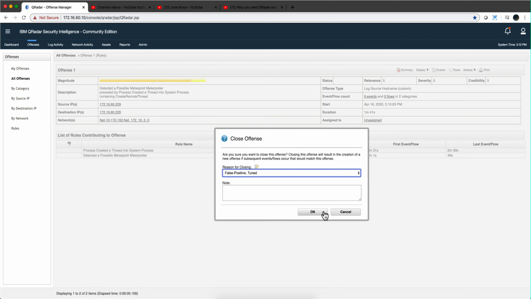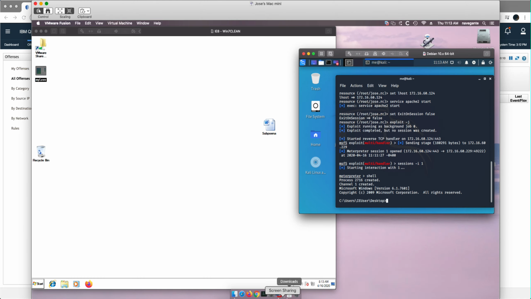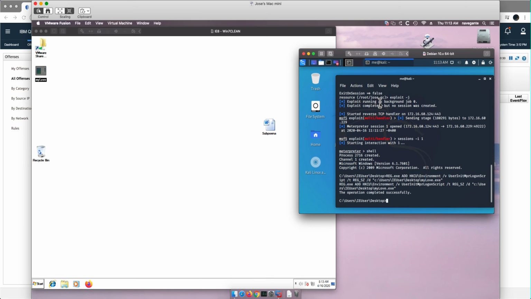And the attackers are very patient. They can be miles away and they know that they are not in a hurry. So let's say that a month passes by, or actually I haven't achieved persistency yet, so I need to do that immediately before the guy shuts down the machine or logs off. So in order to do that, all I need to do is paste that file and complete it successfully,